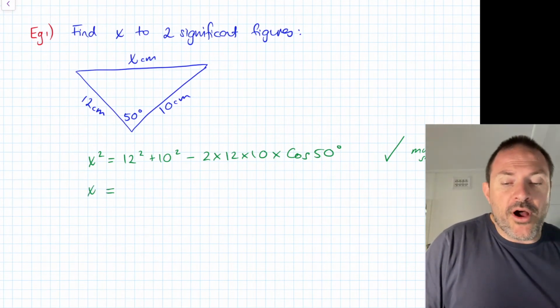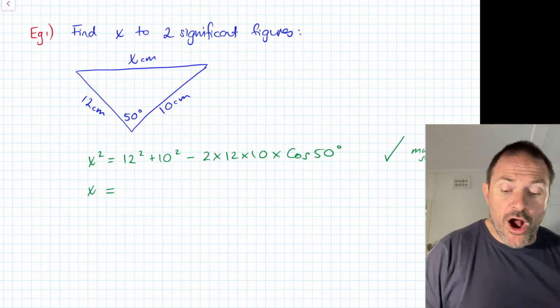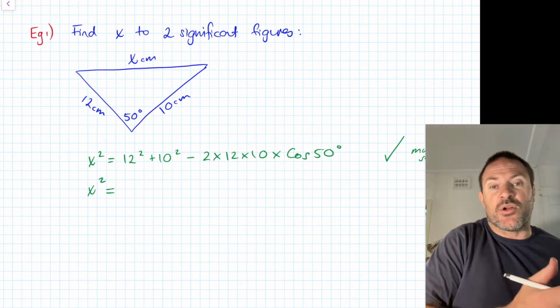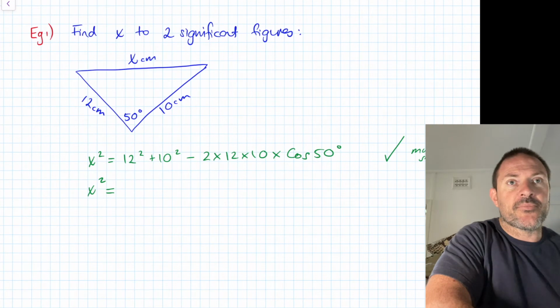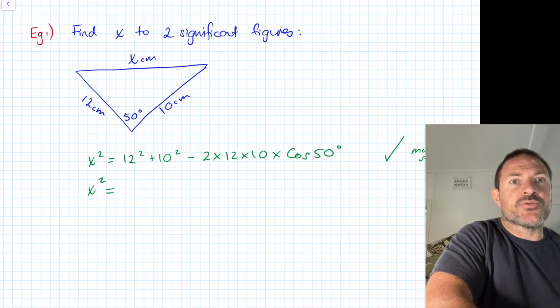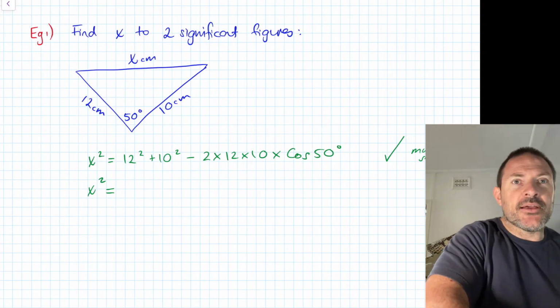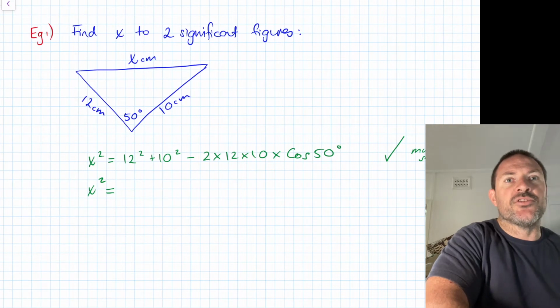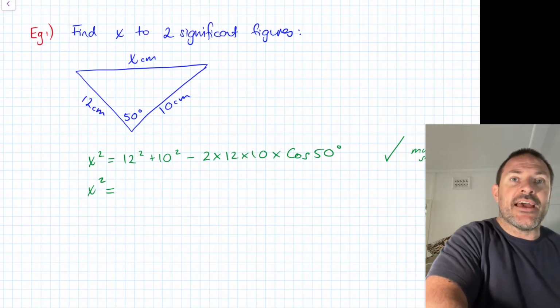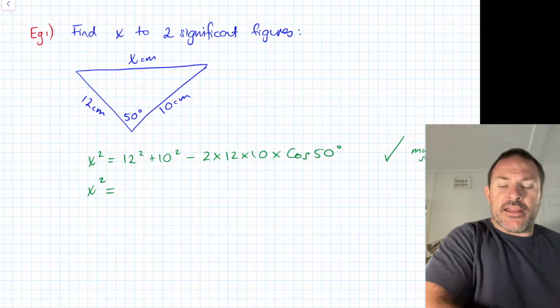The next part, if you want to write x equals, by all means, go for it. I'm going to put x squared equals in this instance, but you can just write the answer for the next line, that's fine. So I'm going to type in 12 squared plus 10 squared. A little bit slower on my computer, of course, so I apologize. Minus 2 times 12 times 10 times the cosine or cos of 50 degrees. Now, we couldn't do an exact values question for this one because it's not a 60, 30, 45. Now, we get